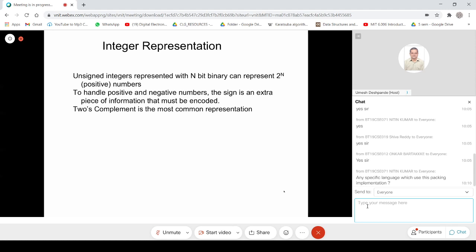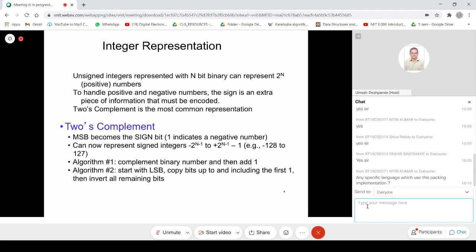So what is the 2's complement representation? Here for a sign bit, we have the most significant bit, and if that value is 1, then it indicates that we are using a negative number. So now the range is shortened. It is minus 2 power n minus 1 to plus 2 power n minus 1 minus 1.